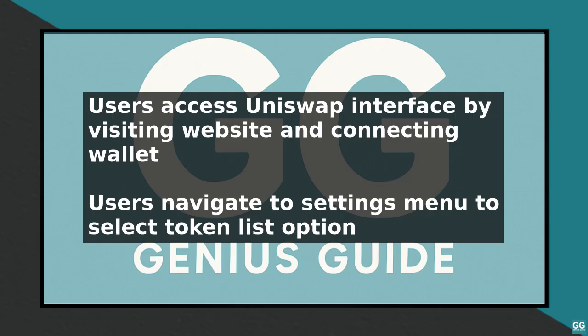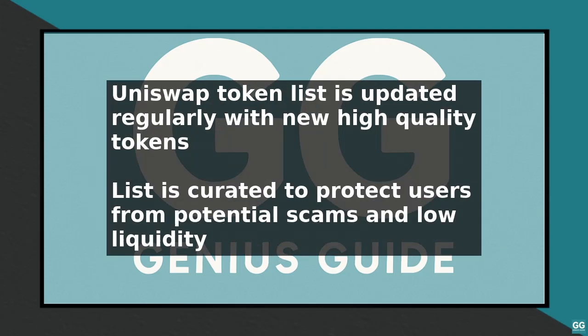Once the Uniswap token list has been added, users can begin to explore the various tokens that are available for trading. The list includes a wide range of tokens, from popular assets like Ether and Bitcoin to lesser-known tokens with unique use cases. Users can browse the list to discover new tokens and learn more about each token's characteristics and